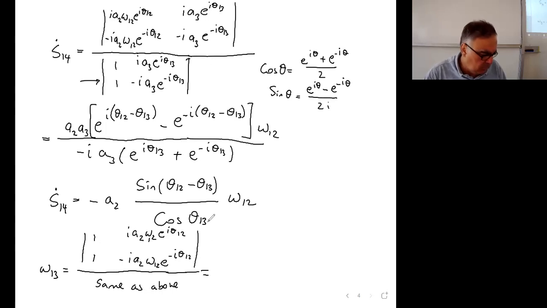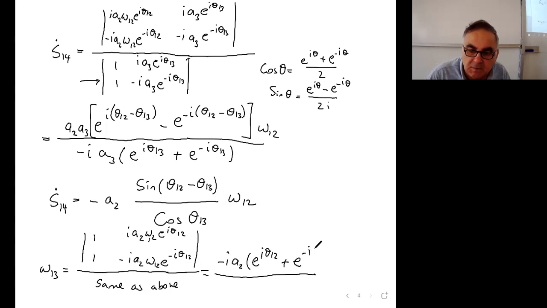And if you do this, you take the determinant, what you are going to get will be minus iA2 e to the i theta 1 2 plus e to the minus i theta 1 2, divided by minus iA3 1 2 plus